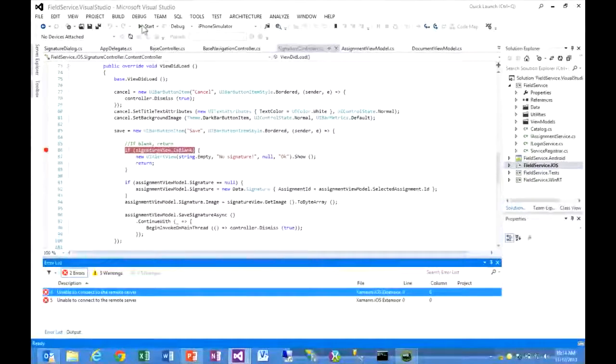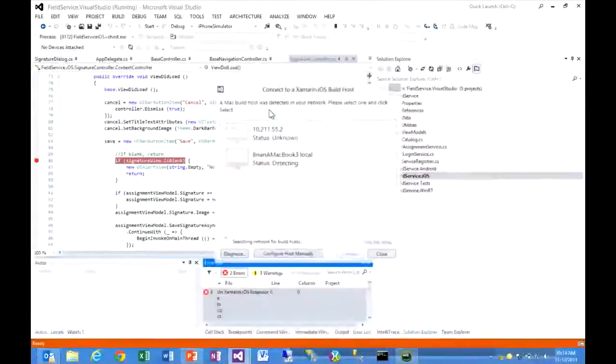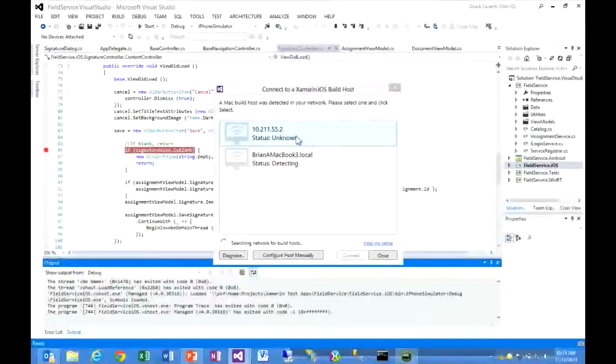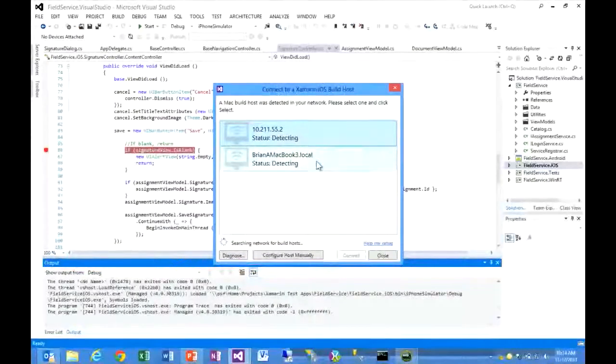Oh, it looks like I had a connection issue here. Let me try it one more time. So this is sometimes the downside of this, you've got to set up this communication. If you have a networking issue or something, it can cause a little problem with your debug session. So you basically have to tee it up so it knows the IP of the machine. So it could be like a Mac Mini, but in this case I'm just doing it on my Mac, which is the host.